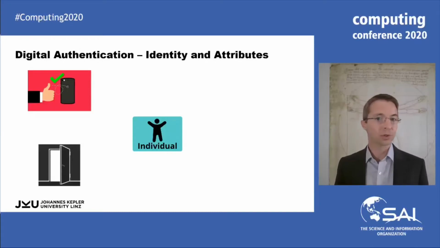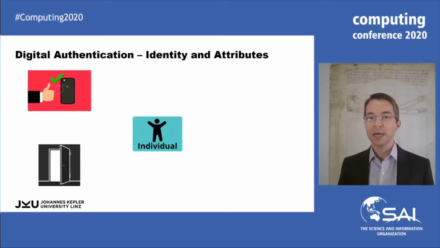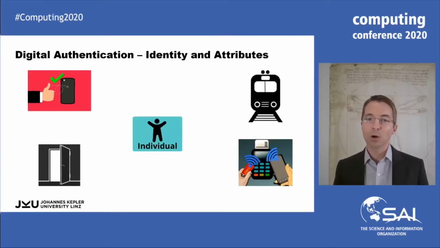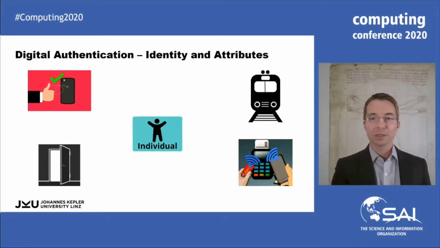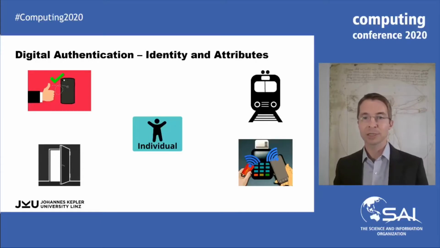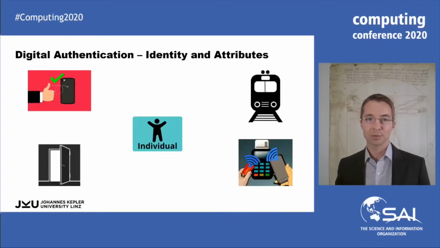We are opening doors with NFC plastic cards or tokens and use RFID chips in passports. We pay wirelessly with NFC credit or debit cards, and we use digital tickets for public transport as part of our daily lives. All these are examples of digital authentication used to facilitate interactions in the physical world. The underlying principle is that all use cases rely on different so-called attributes like our fingerprint patterns, a valid phone contract, the permission to access a particular door, our account balances, or possession of a valid month or year pass